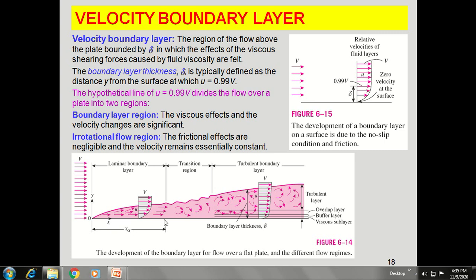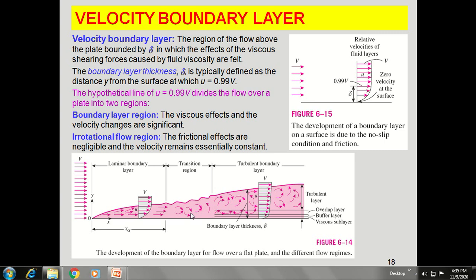Due to that, what will happen? The no slip condition will be formed. That means the one layer which is always in contact with the solid plate, when fluid is flowing, is called the no slip layer. Due to that, what will happen? This layer also applies some resistance to the adjacent layer of the fluid which is flowing over this plate.